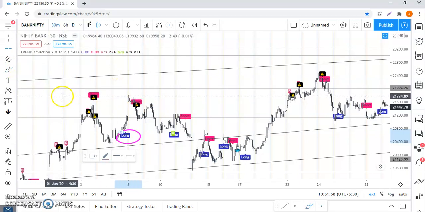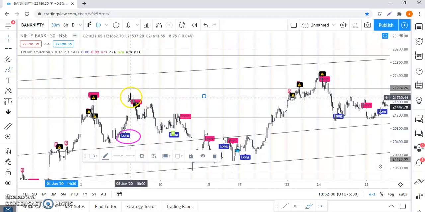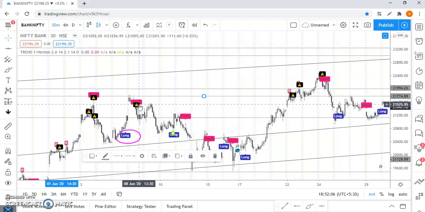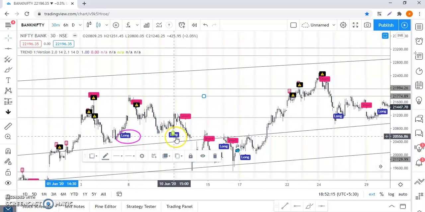You can see one more resistance line here. The moment you see the resistance line, it is not able to break this resistance, and the bot also gives you a short. What does this indicate? This indicates the market is in a bearish trend and it will go for a short, right? It went for a downtrend market.